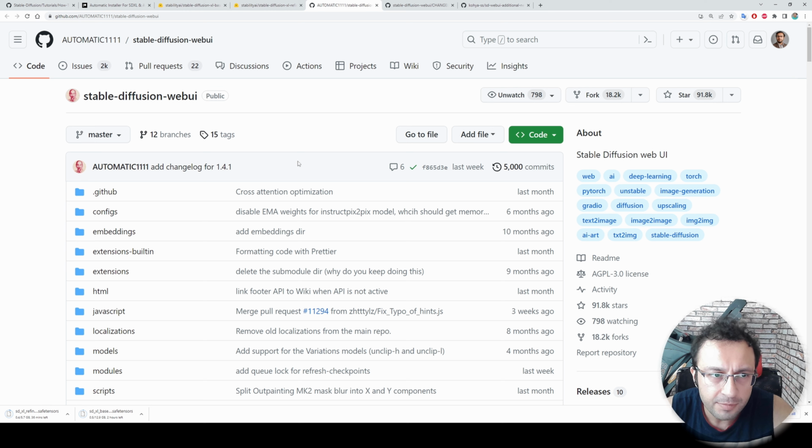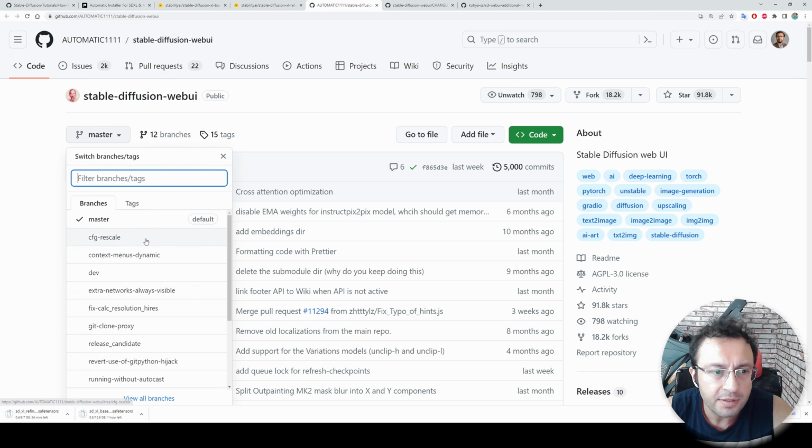You see on the GitHub repository of Stable Diffusion Web UI, the last commit was last week. So where is this SDXL support? When you click here, you will see all of the branches of the Stable Diffusion Web UI GitHub repository. So what are these branches? Branches are used to do experimental development, and first commit the new changes into these branches, verify them, and then later merge them into the master branch.